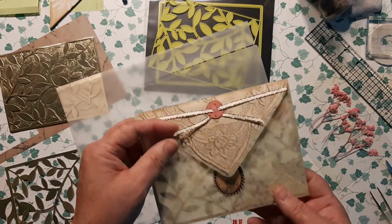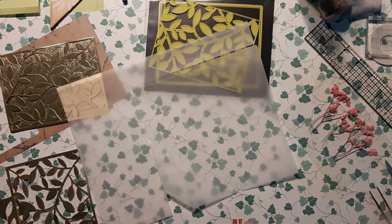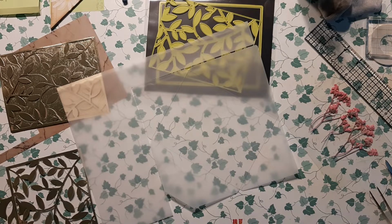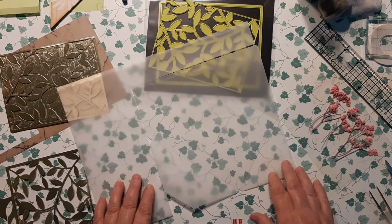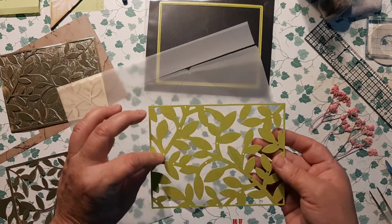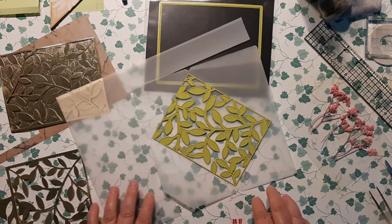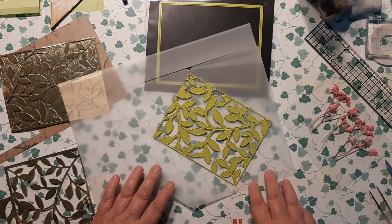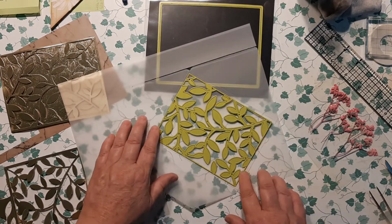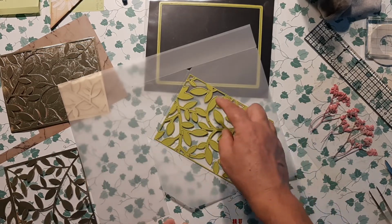So I had said I would do a demo, and I'm going to attempt to do that right now. The last time, my envelope gave me a headache. I could not figure out how to do it, and I even had a board with measurements and that kind of thing. So this time I said, well, I'm just going to take the actual die cut and put it onto a piece of vellum. I don't know if you can see the vellum very well. It's one of those translucent ones. Anyhow, so then I went and just measured around it, gave it a little bit of space,